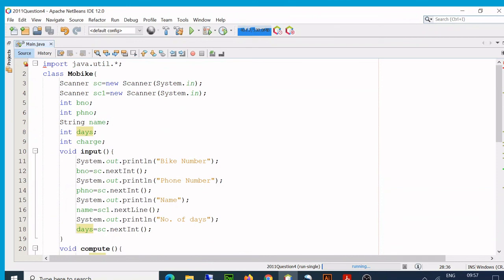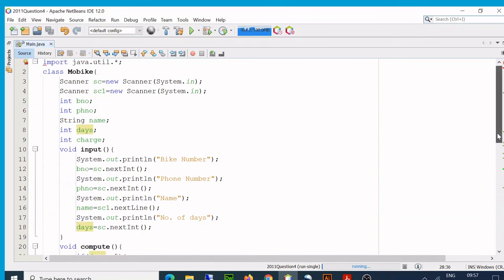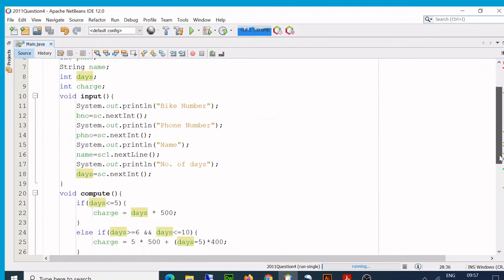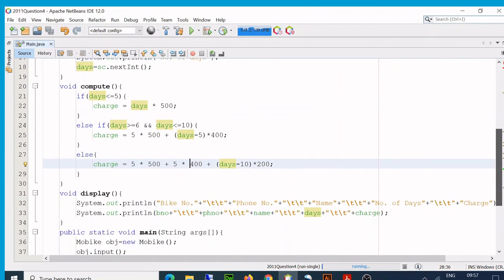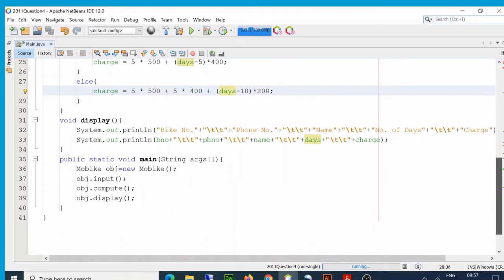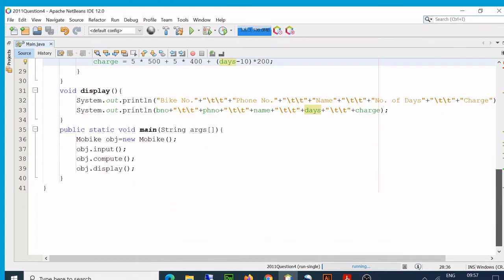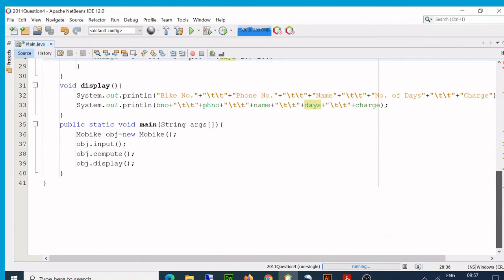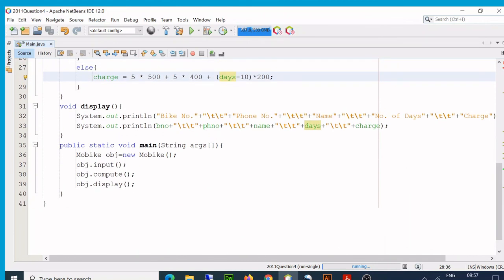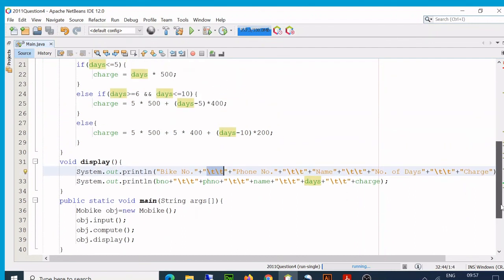So this was this question. This is the complete question. If you see here, I'm just showing you again. I'm slowing it down so that you can slow down the video and check what is happening here. This is the complete thing. These are escape sequence characters, tab. They put spaces. It looks better that way.